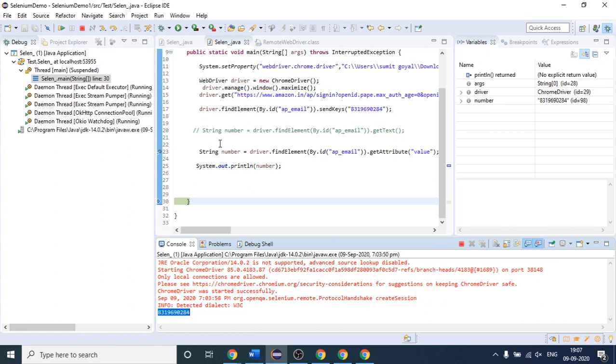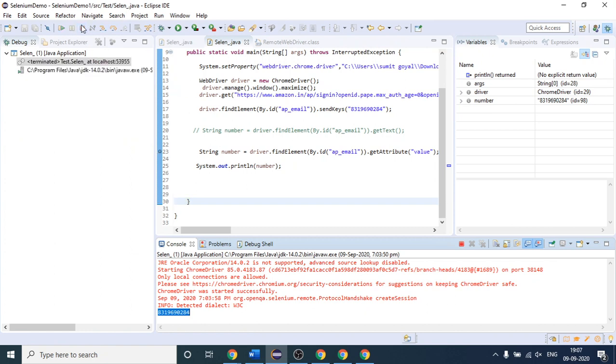Any issues? You are saying that by default it should open maximized.